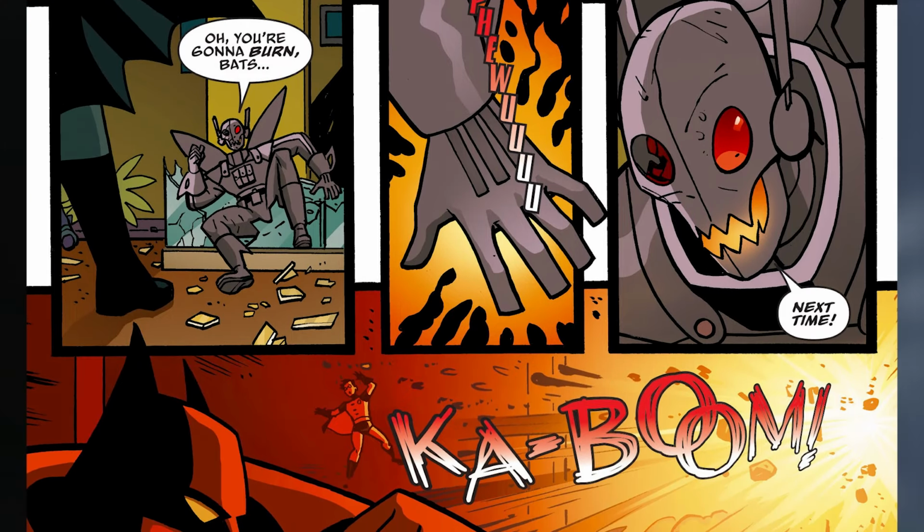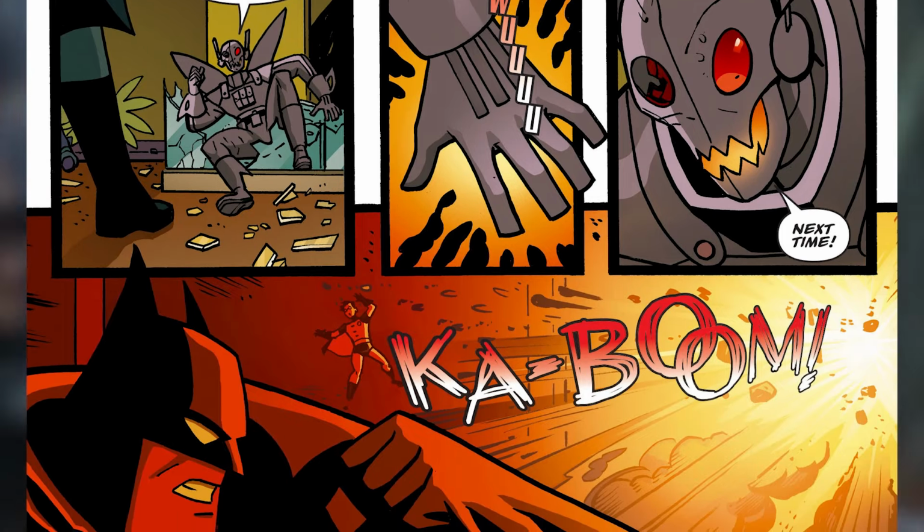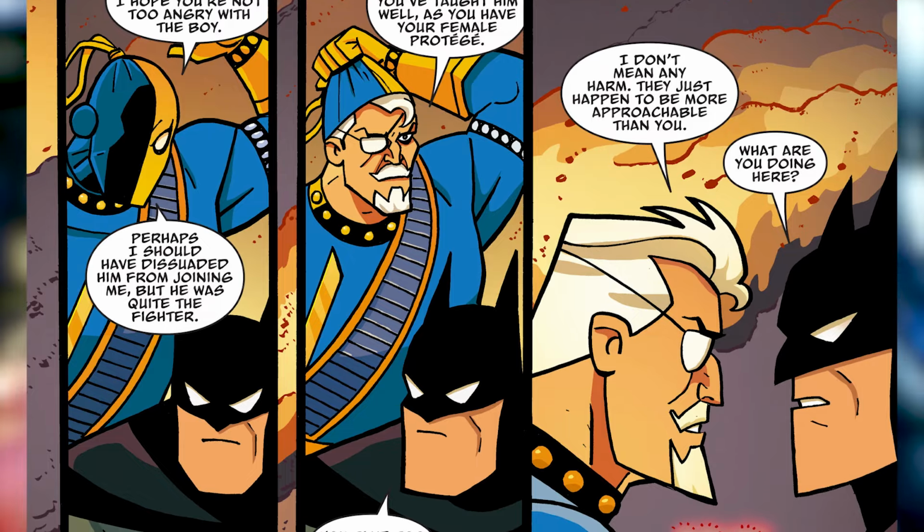of, even though it seems like he blew himself up. But looking at the panel after that, it seems like Firefly actually had escaped. But of course, Batman is completely furious with Robin and scolds him to go home, and talks to Deathstroke